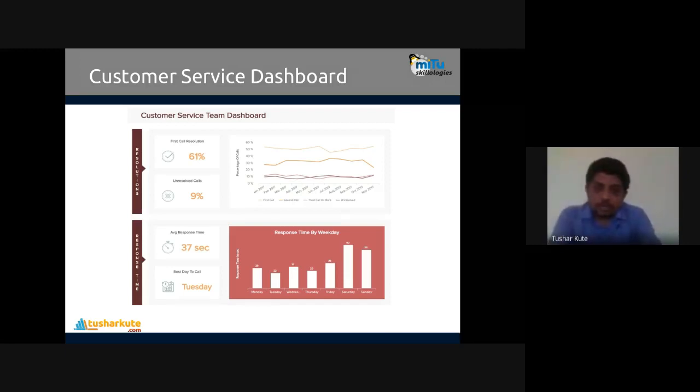This progress is shown here, again by month. In the first call, almost 50 to 60% rate is there. In the second call, 30 to 40% call resolution is possible. And for the third call, almost 10% resolutions are there. So 50 to 60, 30 to 40, or 10 plus minus something.